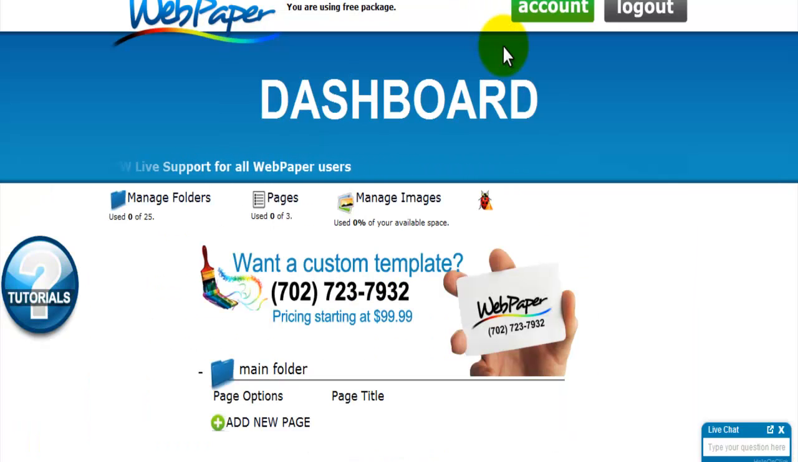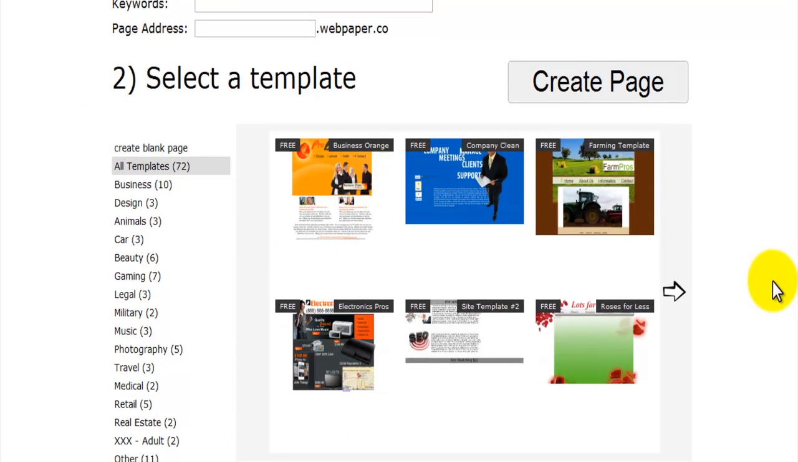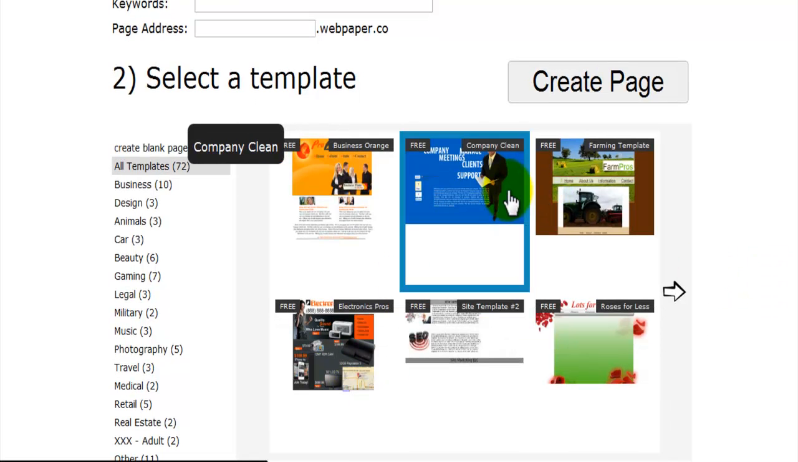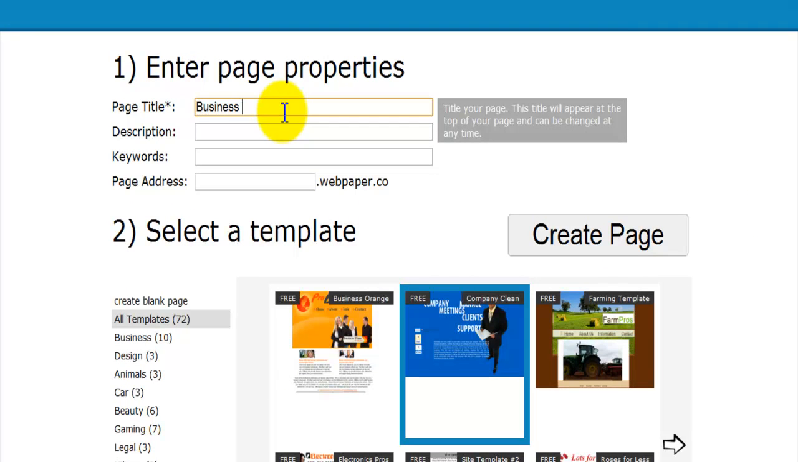Now to start off our website, what we want to do is hit add new page. Some of you might already have a page because you're brought to this step when you're signing up. But let's go ahead and just say we don't. And let's pick one real quick. Let's just pick this one. And normally we want to put in a title. Let's just say Business Pros,